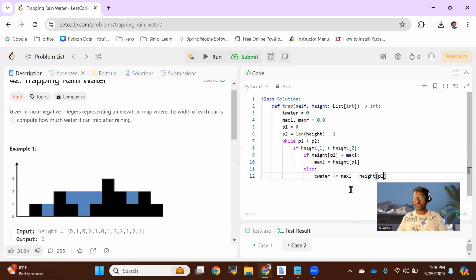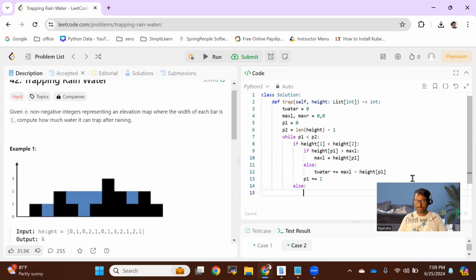Okay, so this is for the left hand side. Right hand side, what we are going to do is else. Apart from this, we have to advance our pointer, right? P1 plus equal to 1. Otherwise, else, what we are going to do is